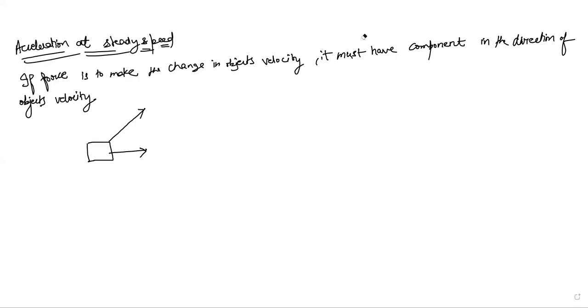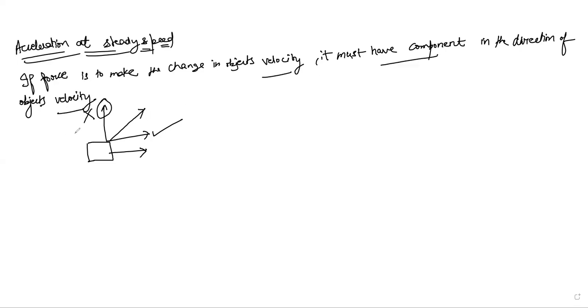Why? Because we have done resolution of vector. If this is applied, we can resolve it into two components. One will be this horizontal, another will be vertical. So this vertical component will have no effect on the object's motion, but this horizontal component will, right? So if a force is to make the change in object's velocity, it must have a component in the direction